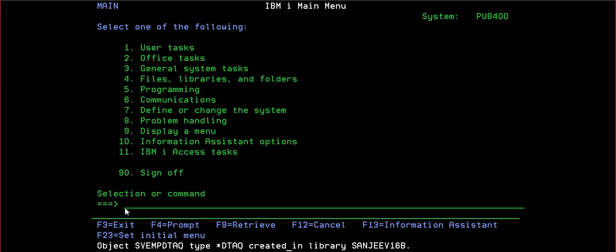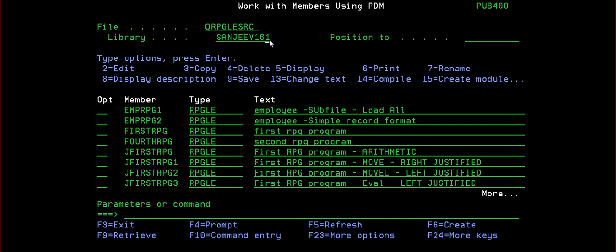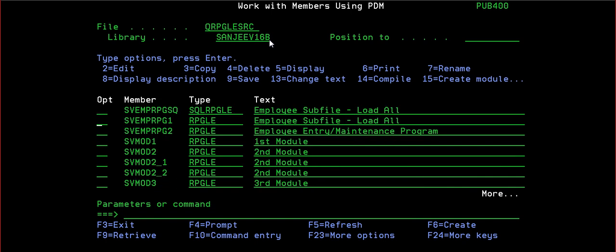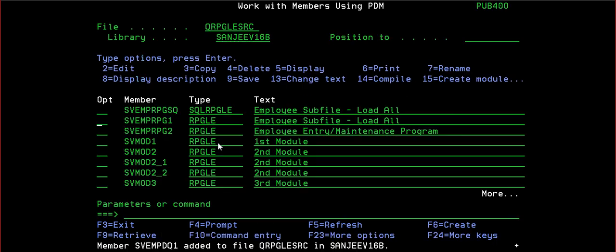Now coming to our program. In which library did I create it? Okay, fine. Here what I will do, I will copy this SVMP RPG as DataQ, EMP DQ1, and this one I will copy.